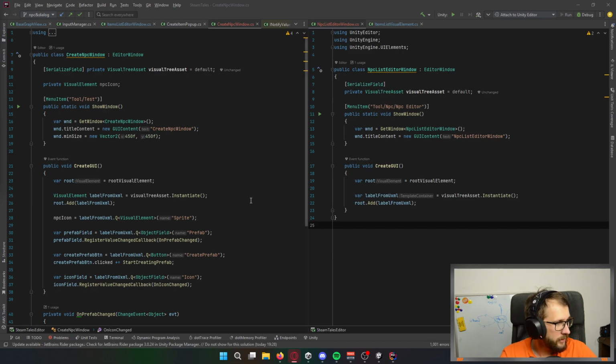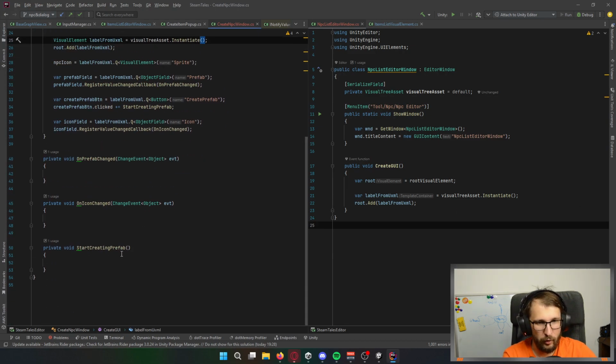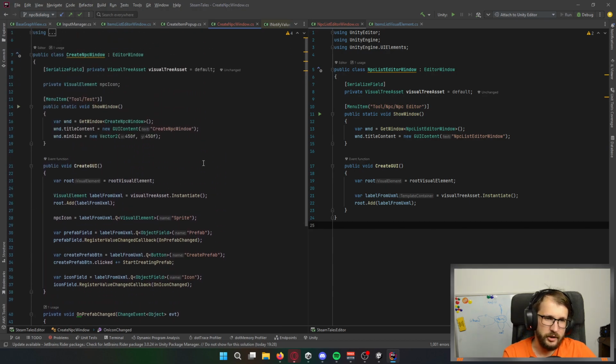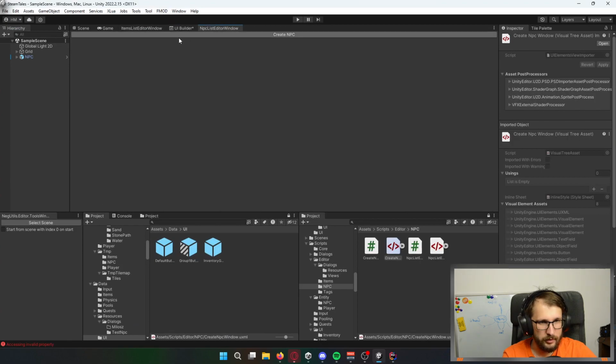Right, let's have some fun with code. So on icon change, firstly, I have to attach to my button. So I've got my NPCs list editor window. Okay, so this one, and I have my button create NPC.